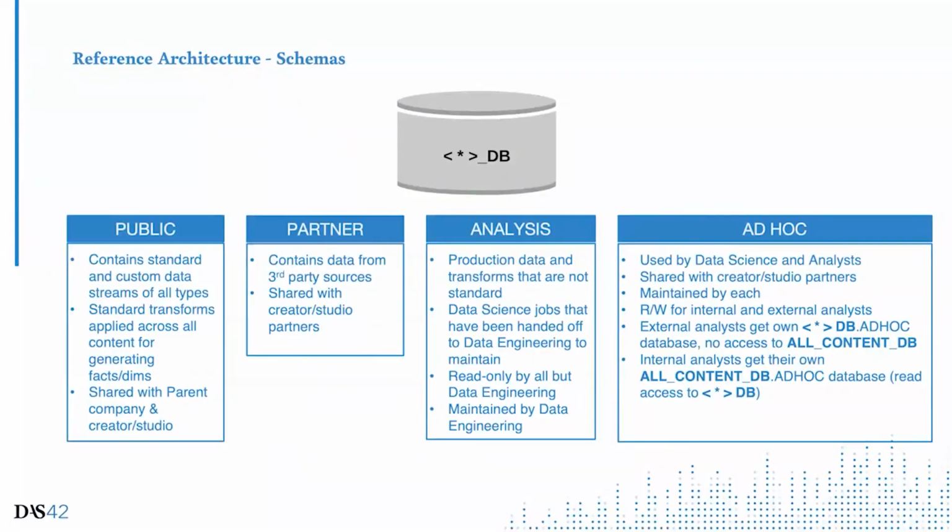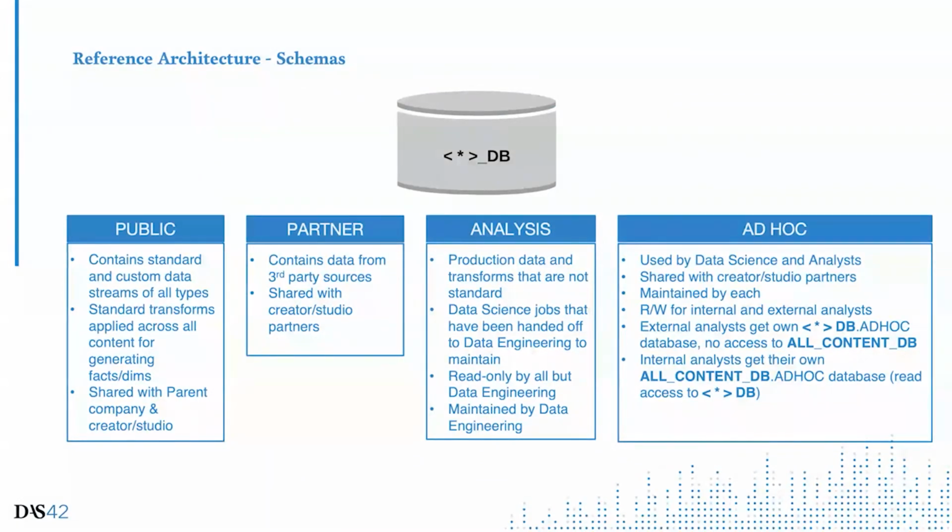All right, and then now we're going into the filter DB schemas. And these are what actually end up being shared across companies. All right, so the first schema is public schema. Again, very similar to the unfiltered view. So public is what's shared with both the parent company and the creator studio companies. Next is partner, and this contains a lot of data from the third-party sources, and it's also shared with Creator Studio partners. So the filtered DBs also have an analysis schema,